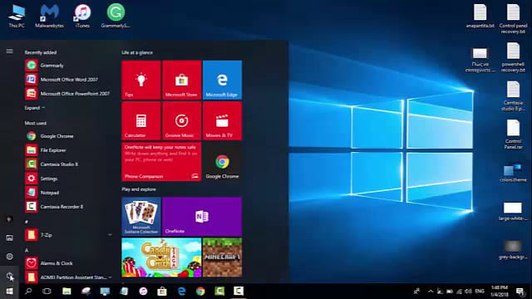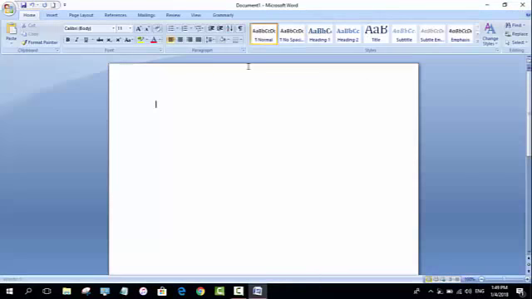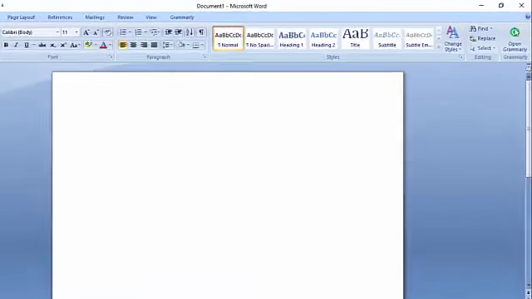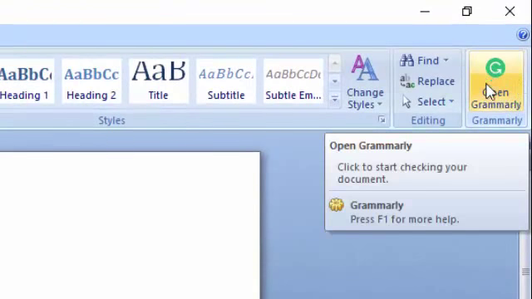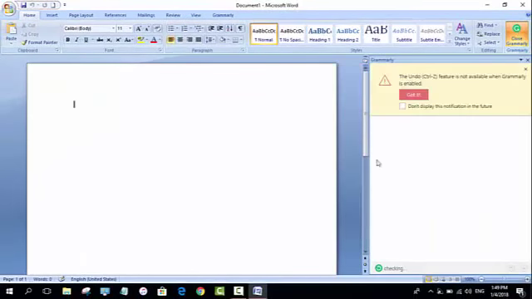So we're going to open Word. As you can see now, Grammarly is here on the top right hand side. Click on it and it's gonna open Grammarly.